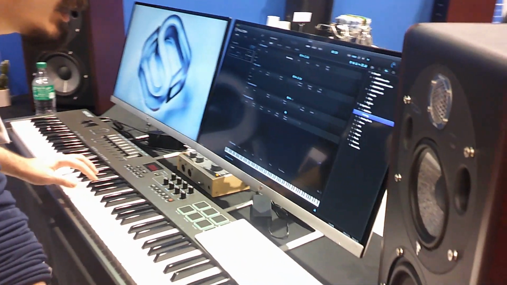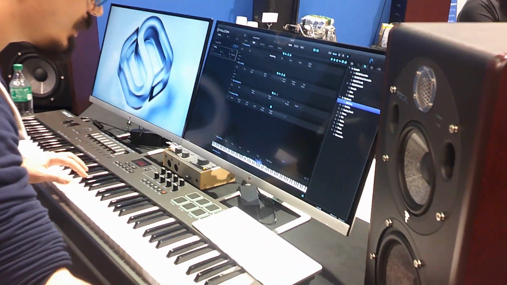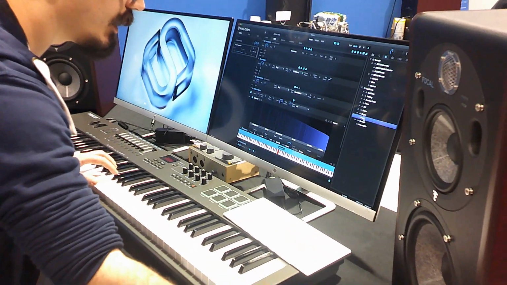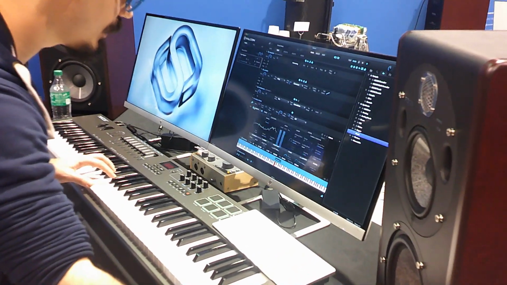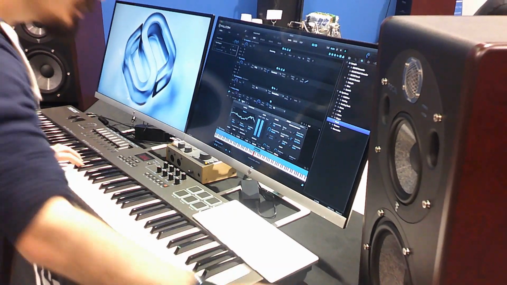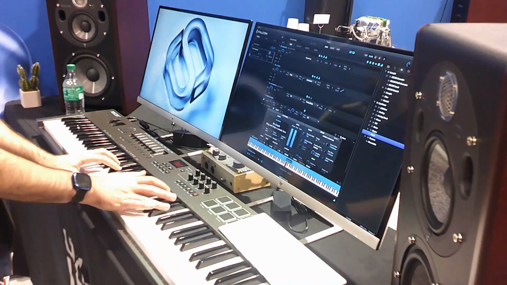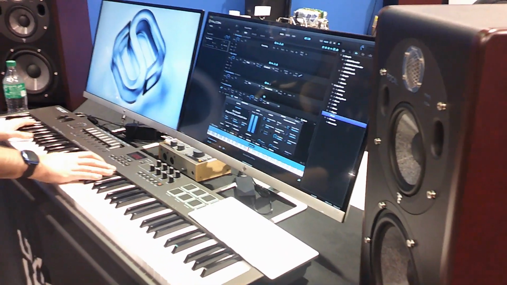So I'm going to grab, let's do the additive oscillator, I guess. And I'll get a pluck oscillator. This is actually a physical modeling oscillator, so this would be like a string sound. This is all synthesized.